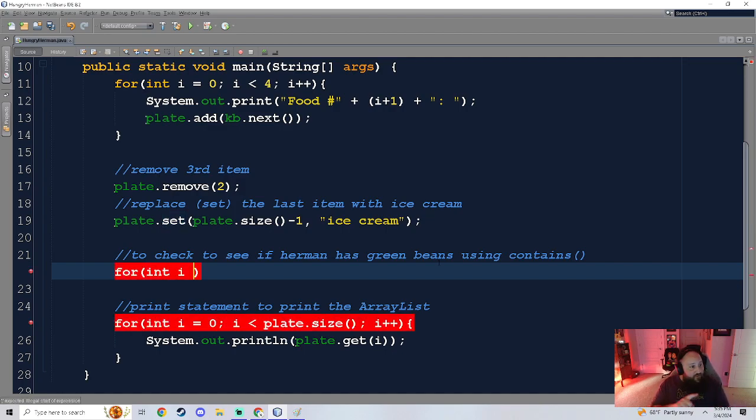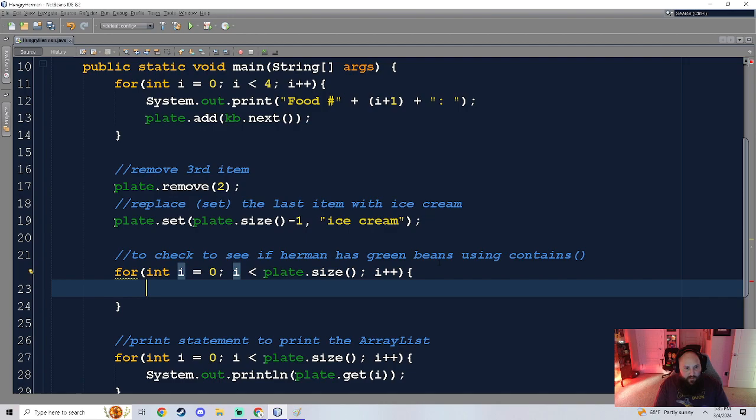We got to search each spot and see if we find the string green beans. So i is less than plate.size because at this point we don't know what size our array list is, so we want to make sure we use that. Okay, so if plate.get at i